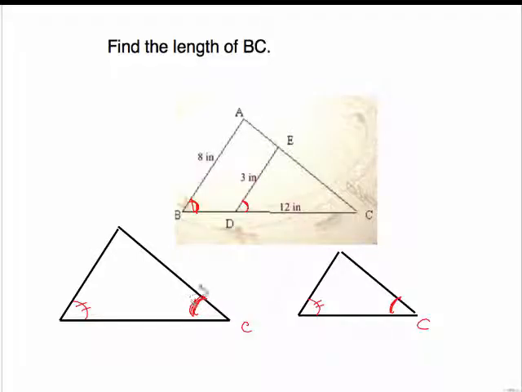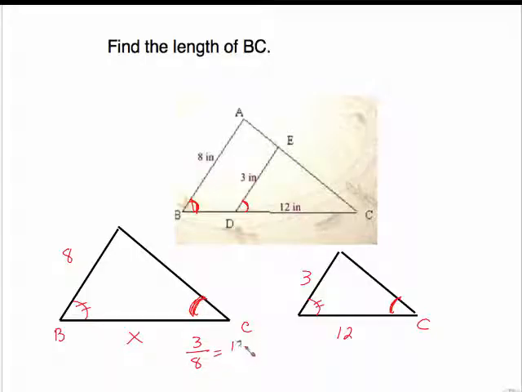Now, are you able to, from here, just use the numbers? Well, let's see, 12 went with this, and this is 3, and this over here is 8, and we are looking for the length. This is B. We're looking for this length. I will call that X. So do you see the proportion to set up? The proportion would be 3 over 8